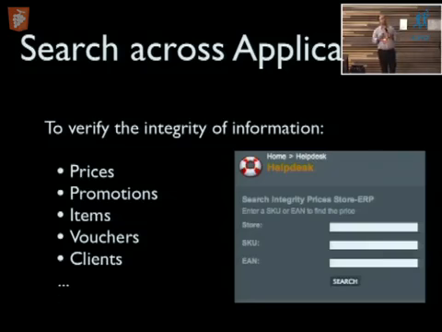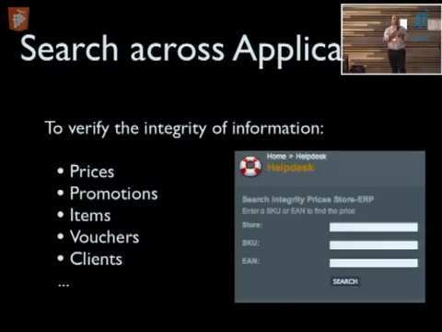Now, the search across applications. Sometimes we want to retrieve or verify the integration of data between the applications. In the past, they went to the front store and made a query to see, for example, the price of an item, then went to the backend application, made the same query, and saw the price to check whether the data flow was done and the data integrated.